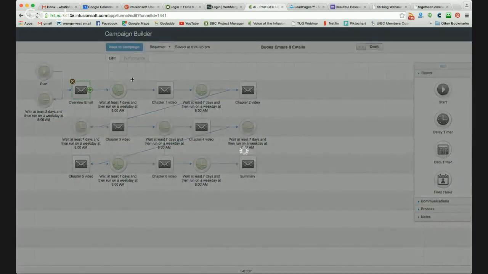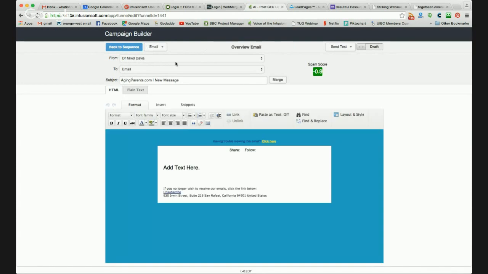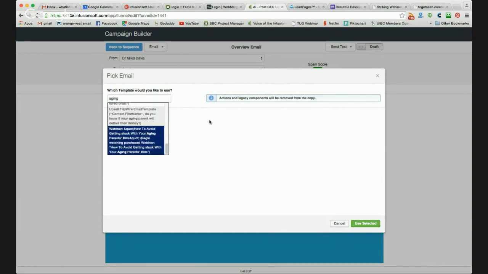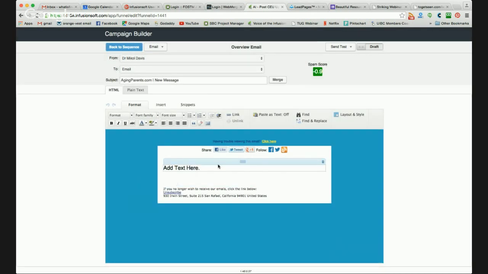I haven't done anything with the emails themselves because you usually do the writing yourself. You can go in and use a template, and everybody can see how this is. And I don't even know if we have an aging investors template built. Doesn't look like it. Let me just check. That's aging parents. Aging parents. Yeah, so there's not a template built for aging investors, but this is basically the generic version of how all of their emails look anyway.